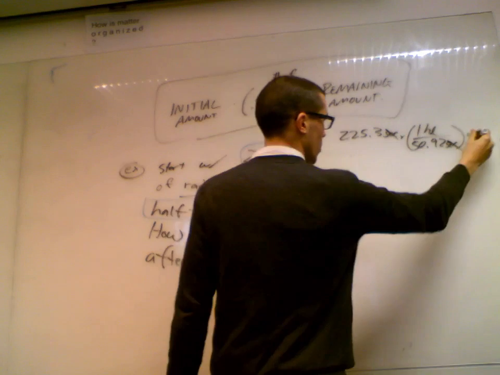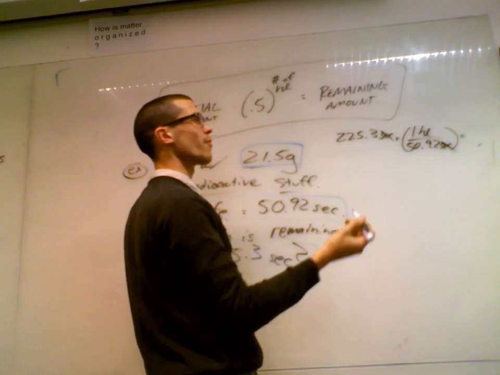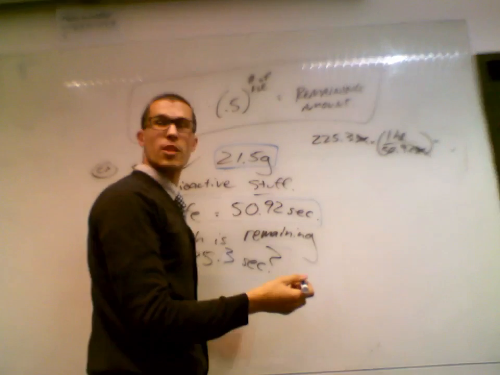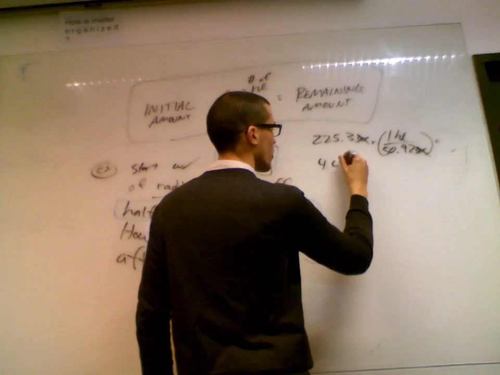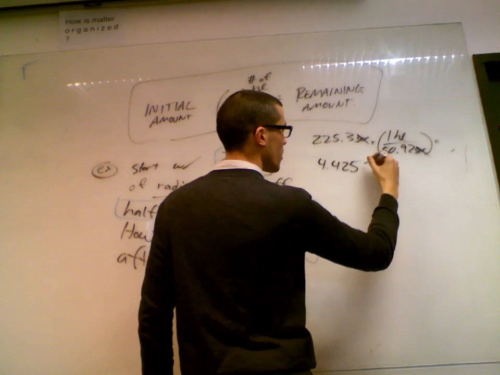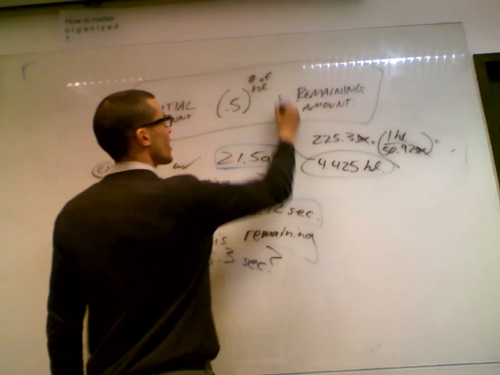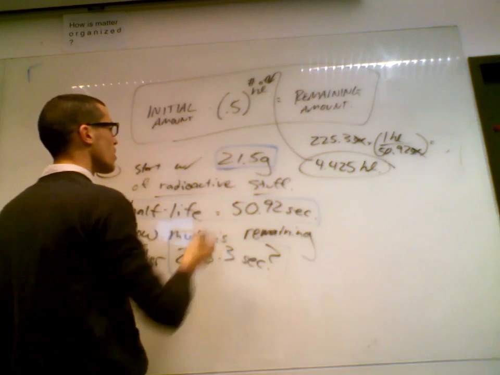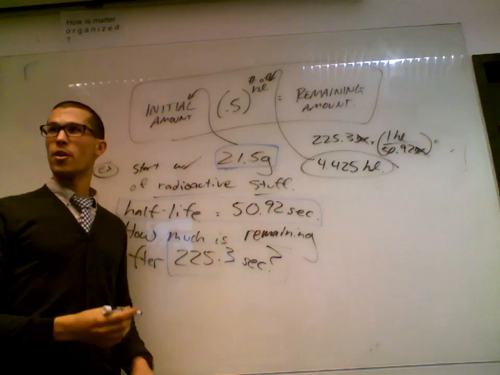So what is this? 4.425. And that's with the correct number of significant figures. Good. That's how many half-lives. So we can take that number and we stick it up over here. That's the number of half-lives. We know the initial amount. That's right here. So now it just becomes plug and chug. We can put this into